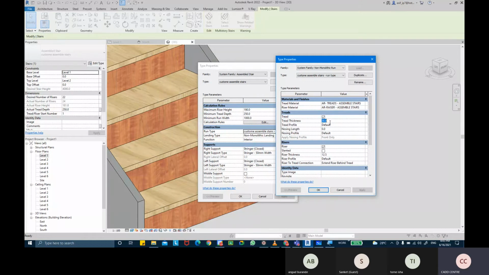If you want less thickness, you can make it even lesser, like 20. 35 is a standard thickness of the threads, but I'm going to keep it to 30. Then the thread profile is currently the default profile, which we can create our own profile of